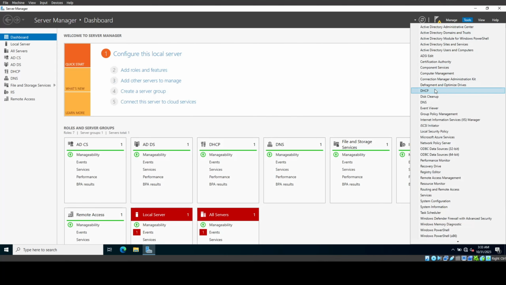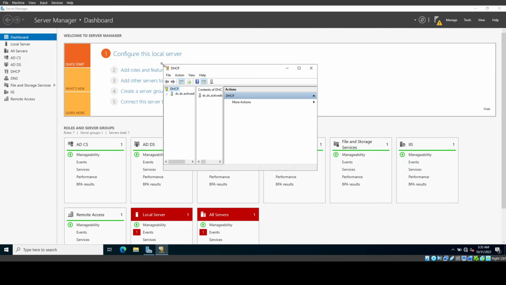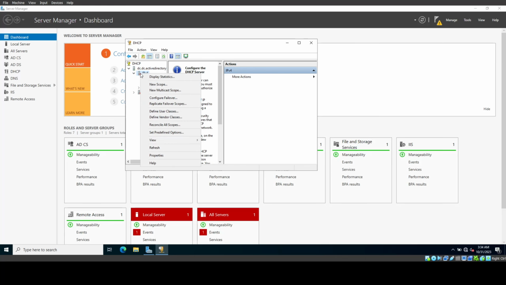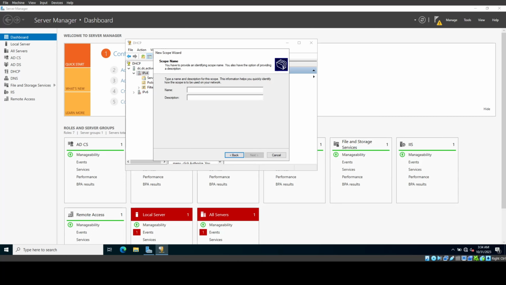Again, tools, we're going to go to DHCP, and we're going to launch the DHCP manager. Then after it launches, we're going to configure the DHCP pool and router to be able to have IP addresses configured automatically to our users. To do so, we're going to press on our Active Directory, then we are going to choose the IPv4, then choose new scope, press next, and we're going to name our scope